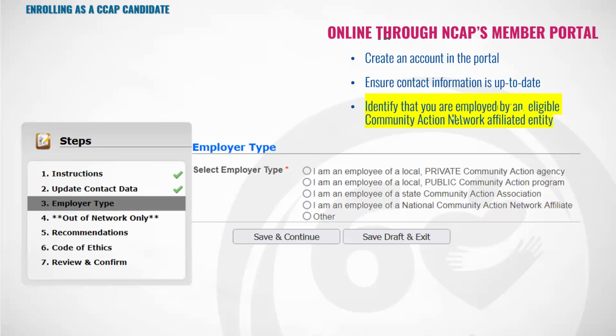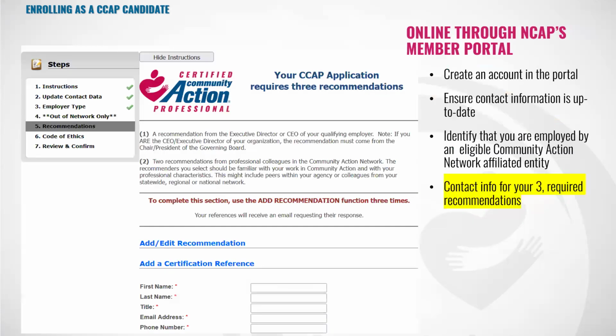Because there are differences between the two types of organizations, and knowing and understanding those differences is part of the basic knowledge about knowing about our network and being a certified community action professional. So tell us about your employer type. And if you don't know your employer type, take this opportunity to learn it.